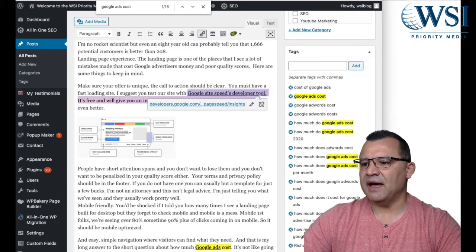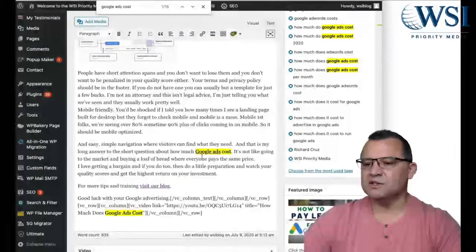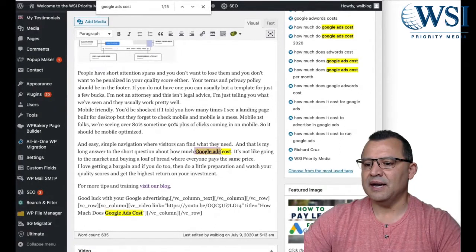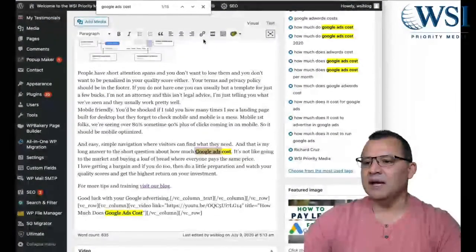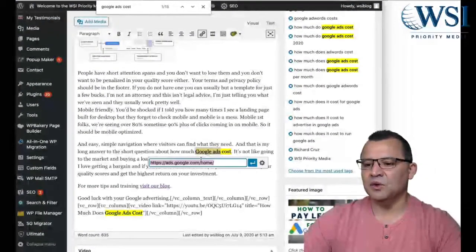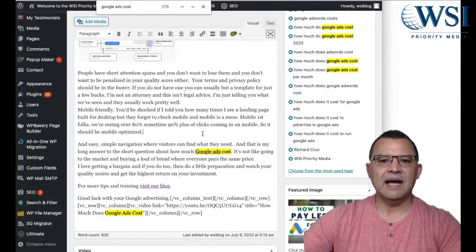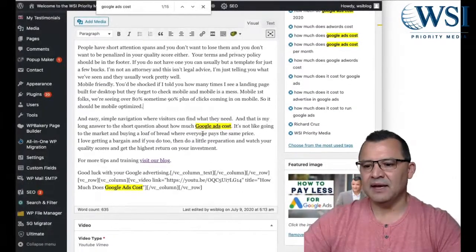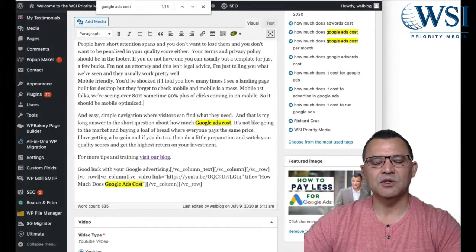So I'm glad I ran across this one here. In my article, I had created an outbound link to that, where I just highlighted, came up to the link, and then entered that there. Another one was when I was talking about Google Ads cost. I created an outbound link here and linked out to Google Ads. So 2 really good high authority domains that I am cross-referencing in here. Make sure that you're using that as part of your link SEO strategy.